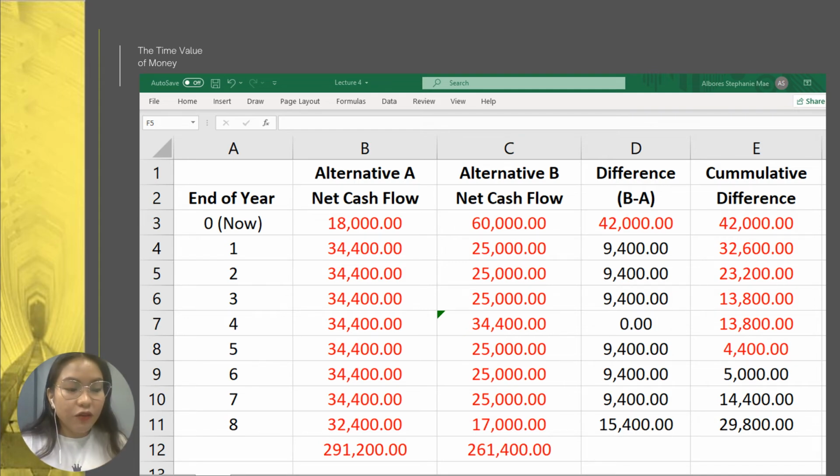Second, even though positive and negative cash flows are included in the table, on balance, we are investigating cost-only alternatives. Third, a decision between the two alternatives can be made just as easily by looking at the difference of the cash flows, because later in the problem, I mentioned that the second thing to determine is the annual net cash flow difference between the alternatives, B minus A. Fourth, we consider that alternative B has cash flows identical to those of alternative A,